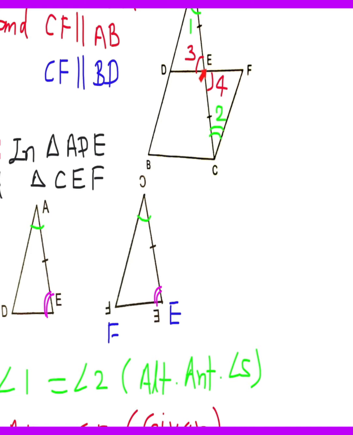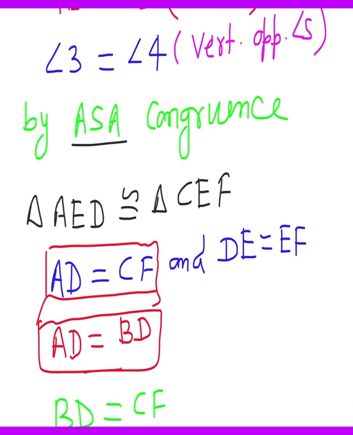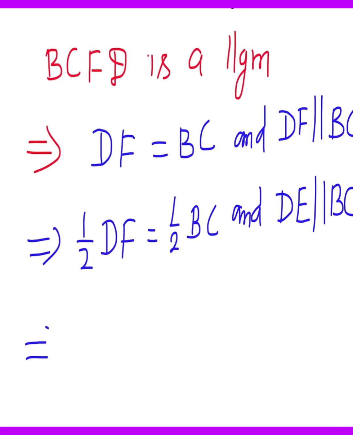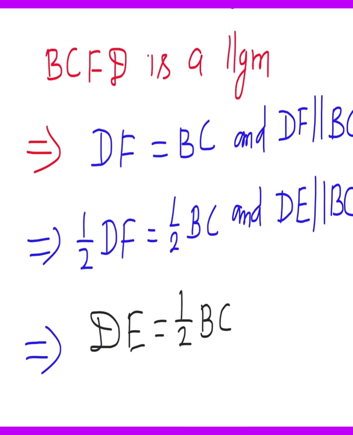So you can say that DE equal to EF, which you also have to prove here. Half of DF means this is DE, and half of BC you will write same to same, and also the next step same to same, that is DE